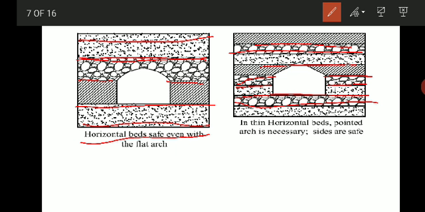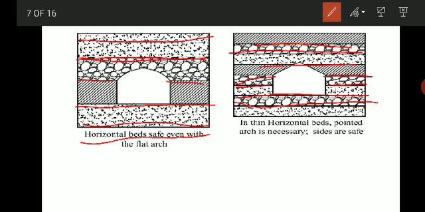Such a situation is very rare in occurrence for a longer tunnel, for long distance. Such horizontal rocks are very rare. So these rocks are considered favorable for small types of tunnel, for smaller distance. Okay, so in massive horizontal layer rocks, when the individual layer is very thick, the tunnel diameter